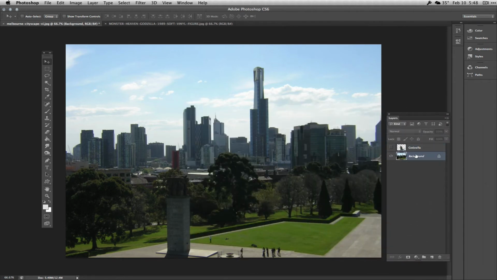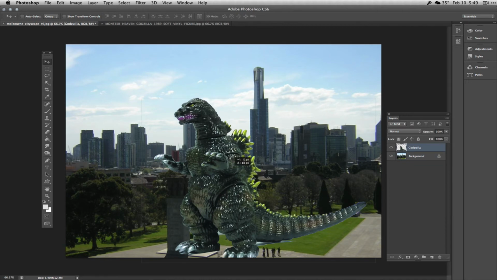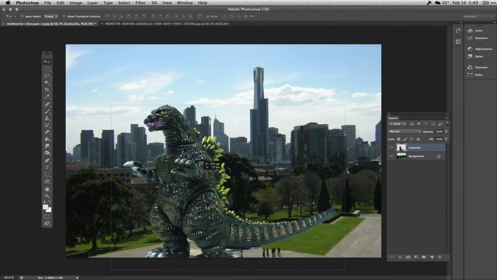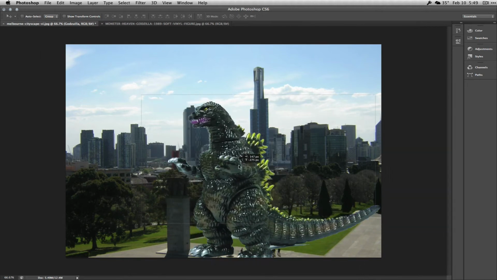And now I'm going to go into my background here, and I'm going to allow these different planes of existence. So right now, if I were to, whoops, can't move that because it's locked, which is good. If I were to try to move Godzilla here, it seems like he's at the very front, that he's very close to us. All right, but if I wanted to give him a sense of depth,